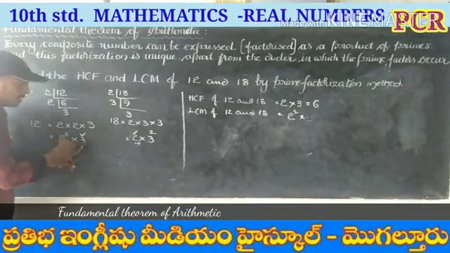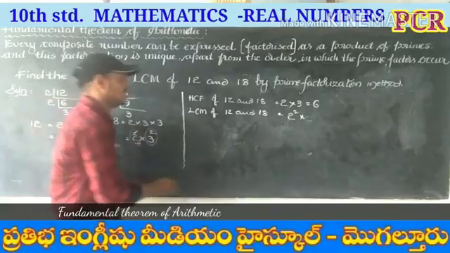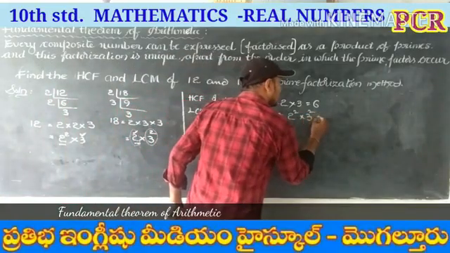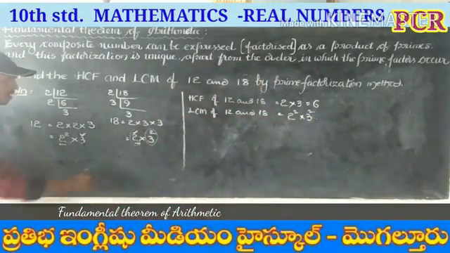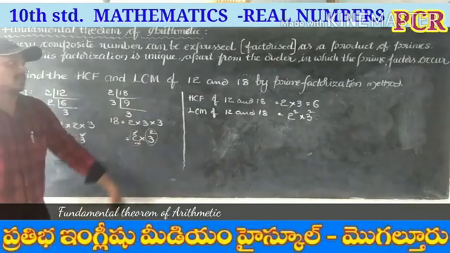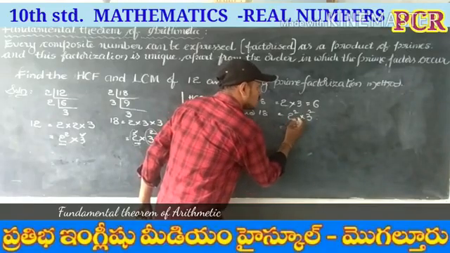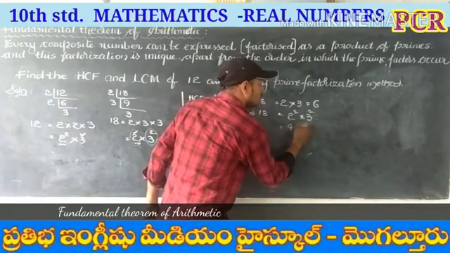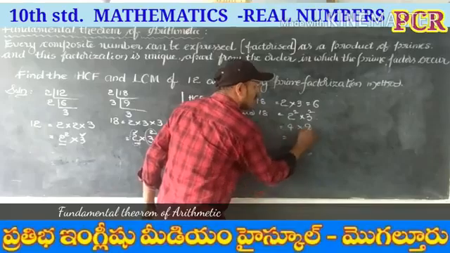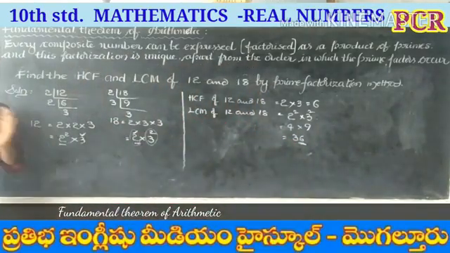And 3, which is the highest power? This is the highest power, 3 square. So there are no other factors. So we can write all factors, each factor with the highest power. 2 square is 4, 3 square is 9, 4 nines are 36. So 36 is the LCM of